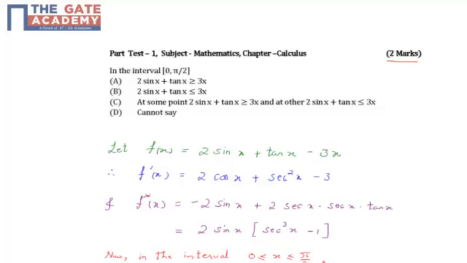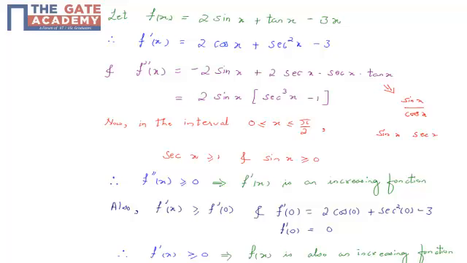Now we again compute the derivative of the first derivative, that is, the second order derivative of the given function, which would be equal to minus 2 sin x plus 2 sec x into tan x. This expression can be rewritten as 2 times sin x into sec cube x minus 1, since tan x can be written as sin x divided by cos x, and 1 over cos x is sec x. Hence we get sin x into sec x.